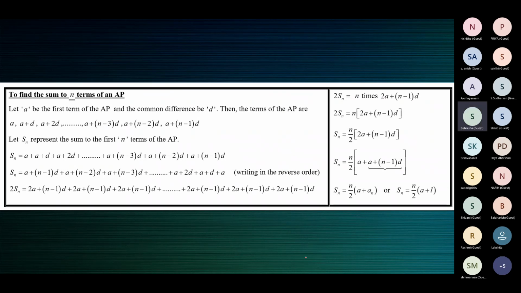You can find the sum of all the terms of a finite AP, or if the finite AP has 500 terms, you can use this formula to find the sum of the first 10 terms, first 20 terms, first 50 terms. From the beginning to the 50th term you can find the sum, but the sum from the 100th term to the 150th term, not using this formula alone. You can use this formula, but some other thing also has to be done. That is why I'm stressing on the word first.